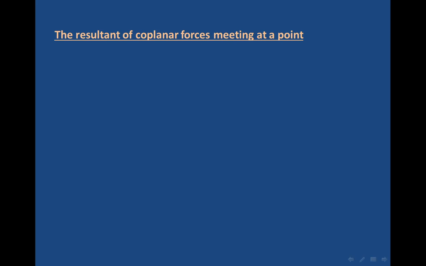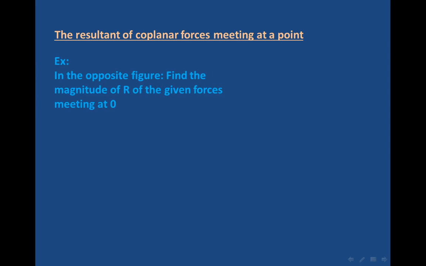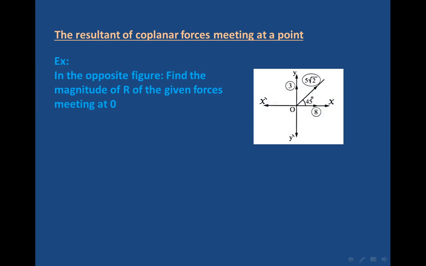The resultant of coplanar forces meeting at a point. In the opposite figure, find the magnitude of R of the given forces meeting at the origin point O. To find the resultant of the coplanar forces, in this figure there are three different forces, 8 Newton and 5